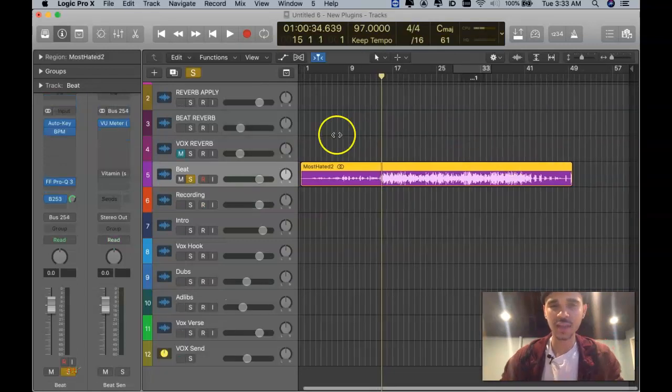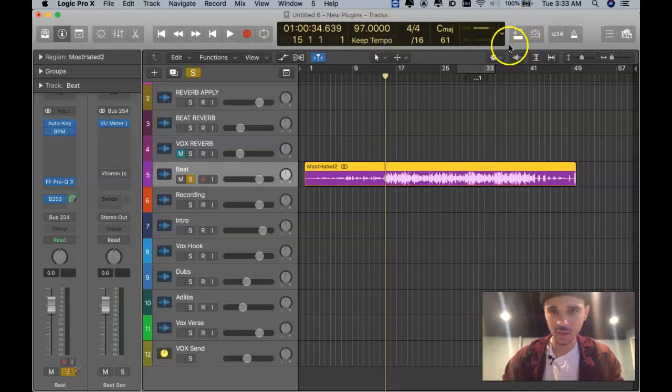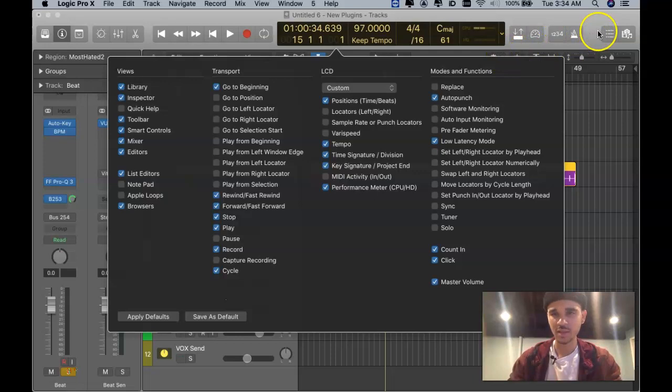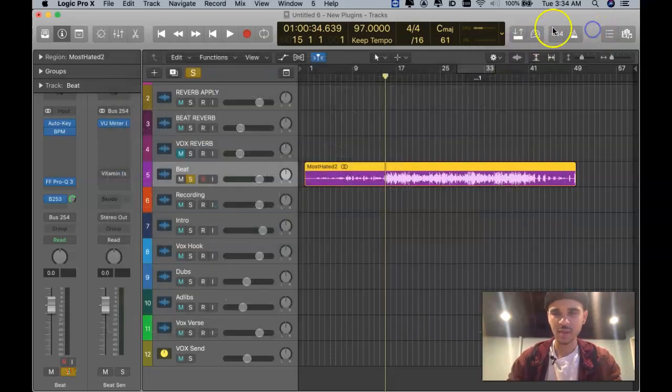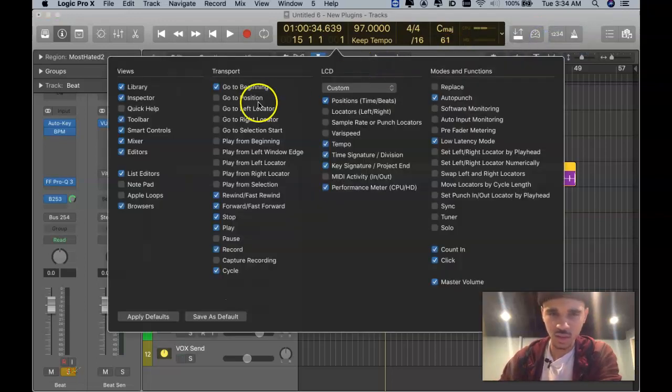So now basically I'm in Logic Pro, and this is going to be how you're going to need to do things. If you don't have this sort of set up with tempo, what you're going to need to do is go to customize control bar. You're going to double click right there, or two finger click right there, just in the open space, any gray space right there would be fine. But anyway, we're going to go in there, we're going to go to customize control, and we are going to